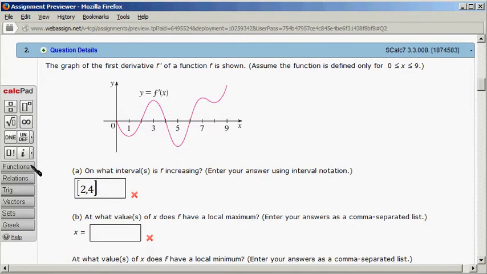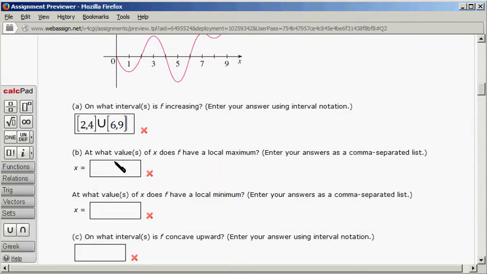Then after that, maybe I'll use set notation, and also 6 to 9. Now part B: at what value of x does f have a local